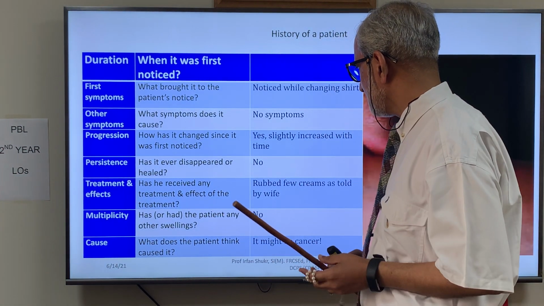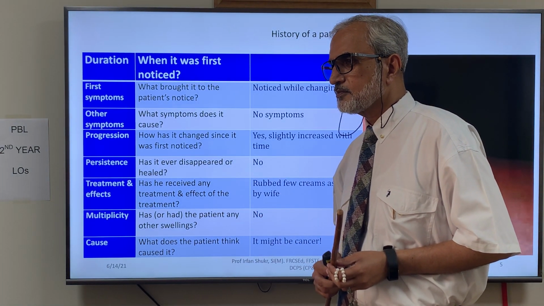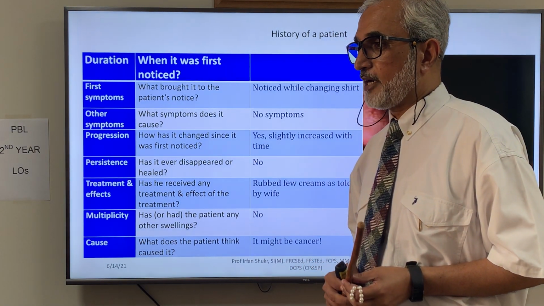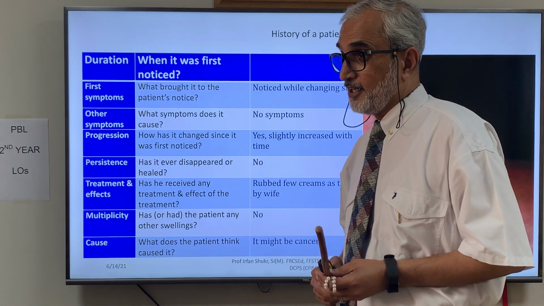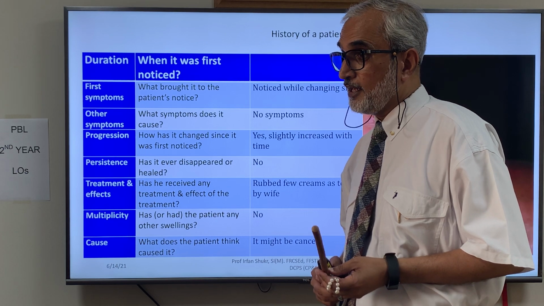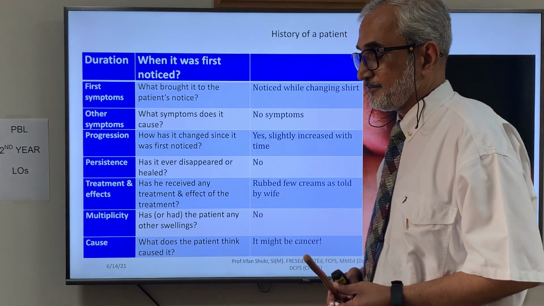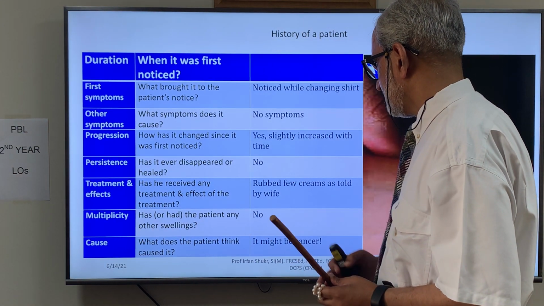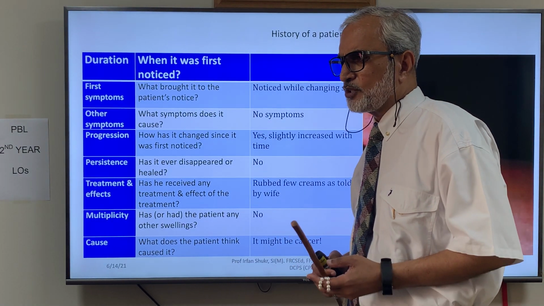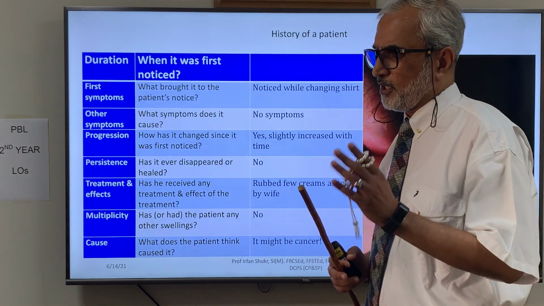Alright. So have you received any previous treatment for this swelling? And if you have, did that treatment have any effect on the swelling? No. I never went to a doctor, but you see, my wife claims to be a great doctor. So she gave me a cream and said, rub this cream 2 times a day, it will get well. And being a poor husband, I rubbed it many times, but it has no effect. Alright. And have you had any other swellings other than this one? No, no. My wife said to me, you must notice if there are any other swellings or not. I thoroughly checked myself, and I'm pretty sure I have no other swelling.